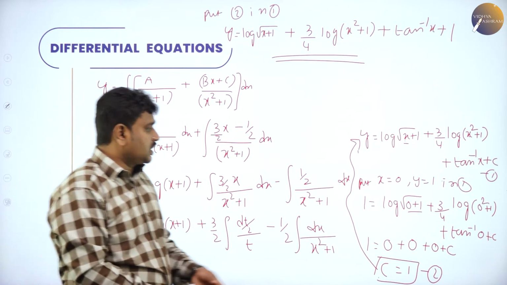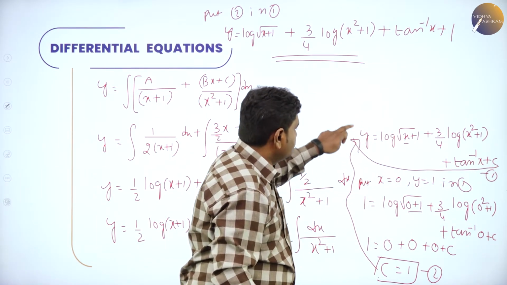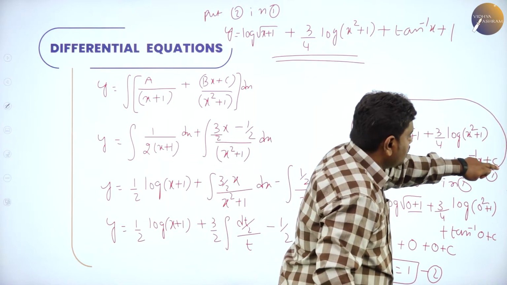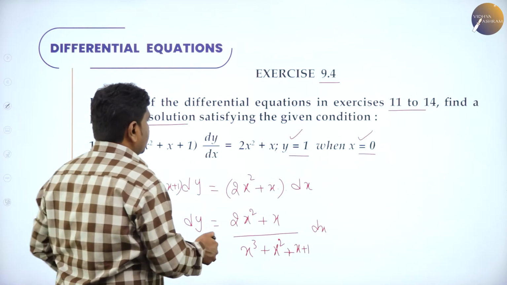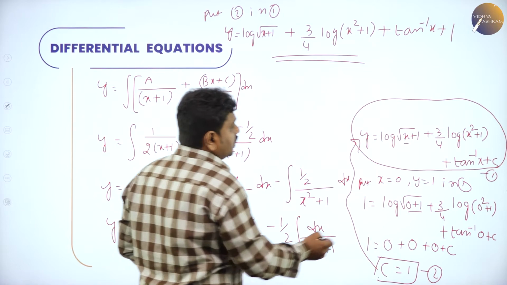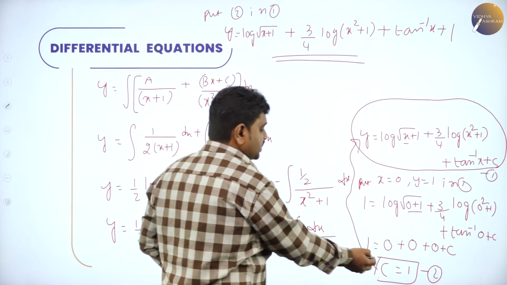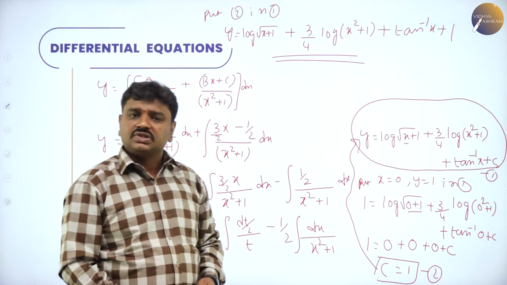General solution means after you integrate, you'll have an integral constant called c. This whole thing is the general solution. After you find the value of c, to find it, in the problem they only gave x and y. They gave y value 1, x value 0. So here in the place of y and x you substitute, you will get c. That c, resubstitute in this equation, you will get the particular solution.